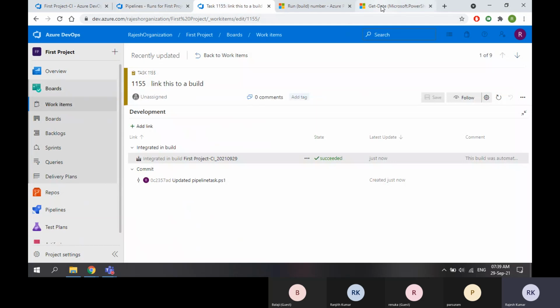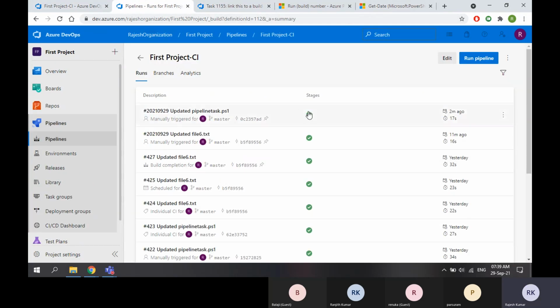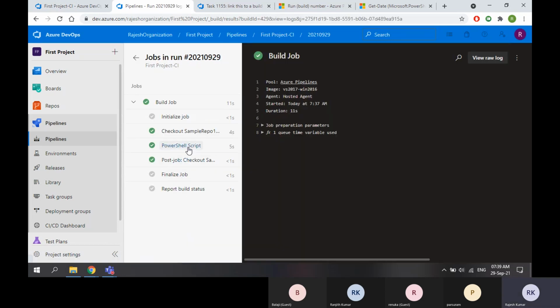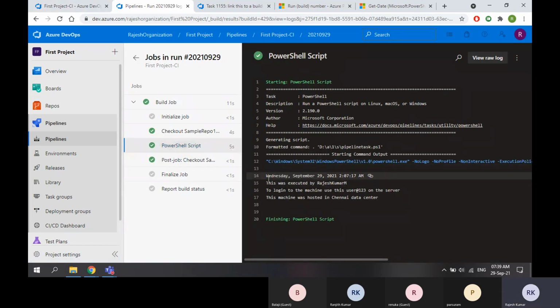So we have added this Get-Date, right? Let us see what the output is. Yeah, okay, we got the date in complete format: Wednesday, September 29, 2021.